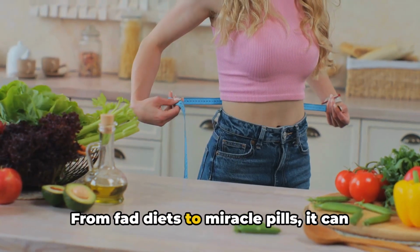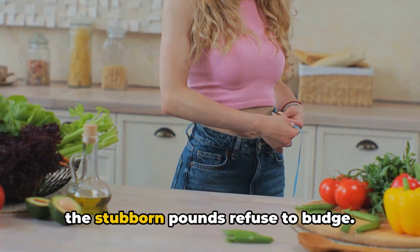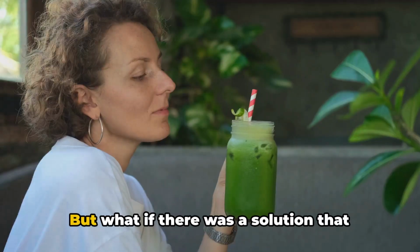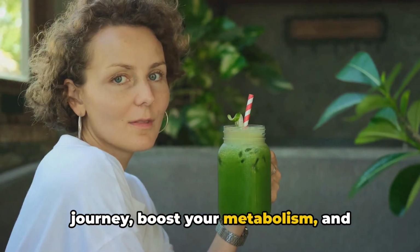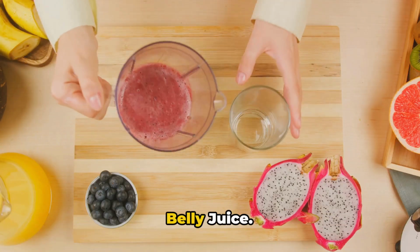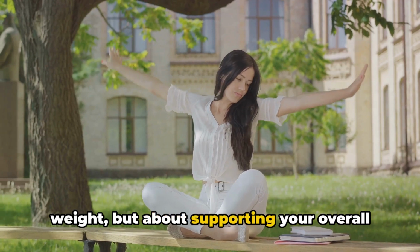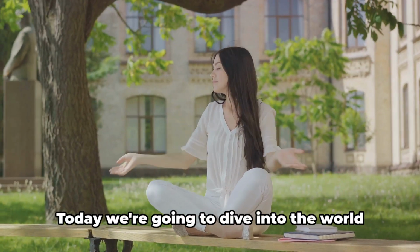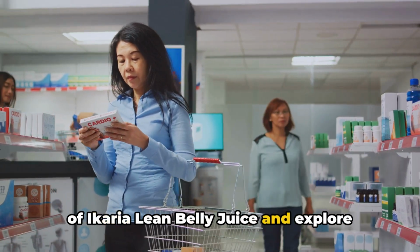From fad diets to miracle pills, it can feel like you've tried everything, and yet the stubborn pounds refuse to budge. But what if there was a solution that could help support your weight loss journey, boost your metabolism, and increase your energy? Enter Ikaria Lean Belly Juice, a supplement that's not just about losing weight, but about supporting your overall health and well-being. Today we're going to dive into the world of Ikaria Lean Belly Juice and explore what